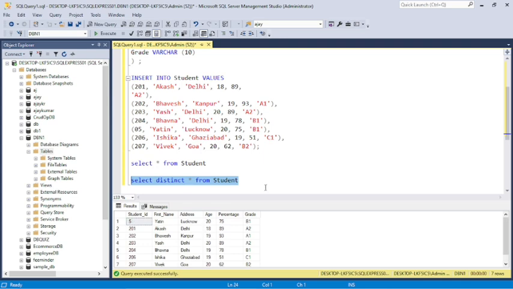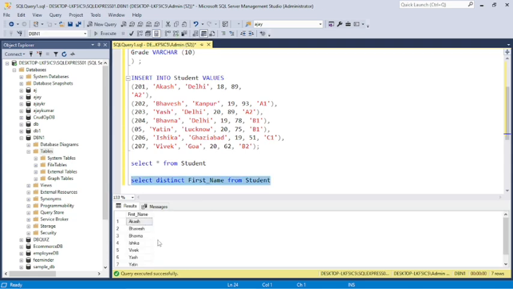Now with distinct, I want to see the distinct first names. We can see the distinct names here, yes, Yatin. Now you can see all the data, and these are all distinct names, so the distinct rows of the data.